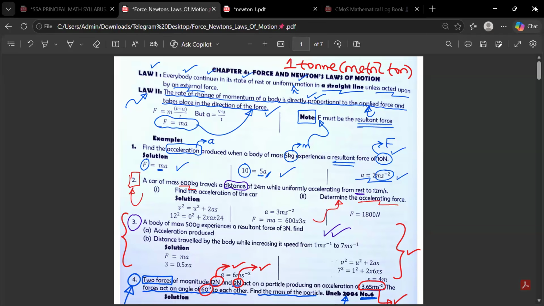Now I'm giving you kilometers per hour. You're supposed to convert to meters per second. You can even do that from the calculator without pressing anything. To 2 kilometers per hour,